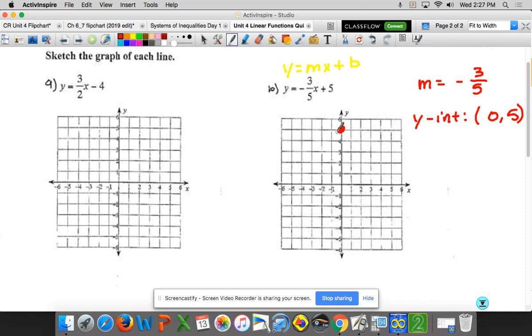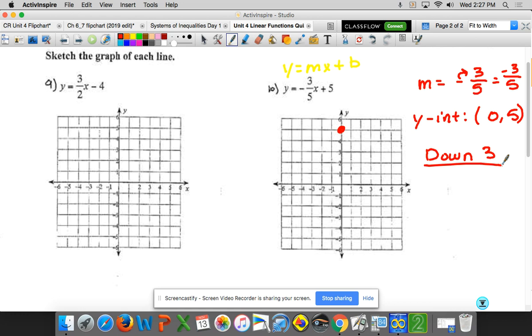Then we are going to use our slope. Now, when it comes to negative numbers, we can either give the negative to the top or we can give it to the bottom. We just have to choose. For this one, we can't go up 3 because then we'll be off the graph. So we've got to give the negative to the top. So therefore, it's going to look like negative 3 over 5, which in other words just means down